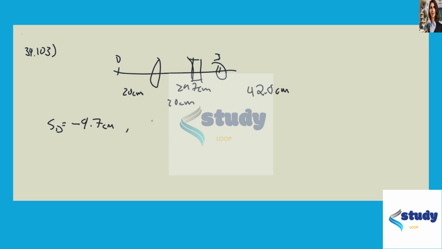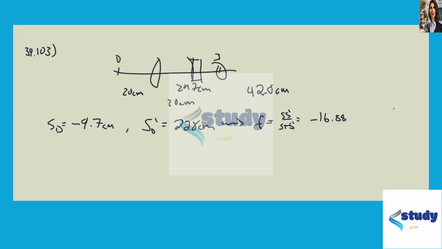They told us that the image of this is then 42.8 centimeters to the right of the converging lens, which is the same as 22.8 centimeters to the right of the diverging lens. We can now solve for the focal length as s s prime over s plus s prime. If we do that, we see that our focal length is negative